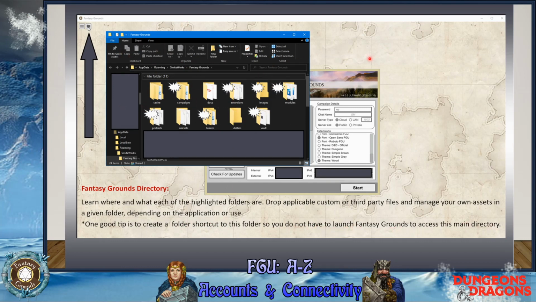It's kind of tedious that you have to launch the program, then come up here and open it. You're better off taking this data and making a shortcut that's available, so you can hit copy path, paste shortcut, and you can paste that on your launch screen or on your desktop so it's easier to get to this. I wouldn't mess with these files unless you know what you're doing.